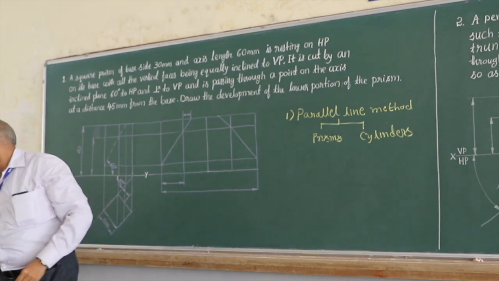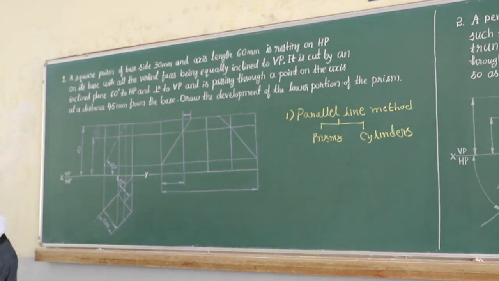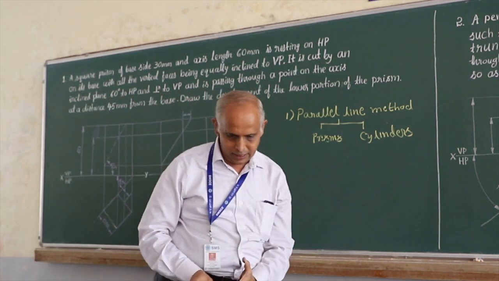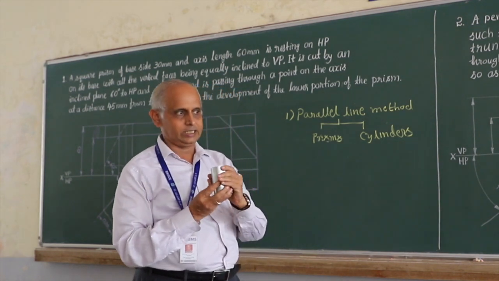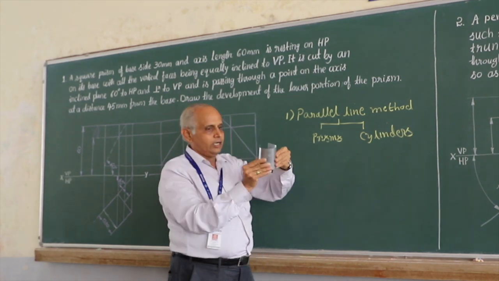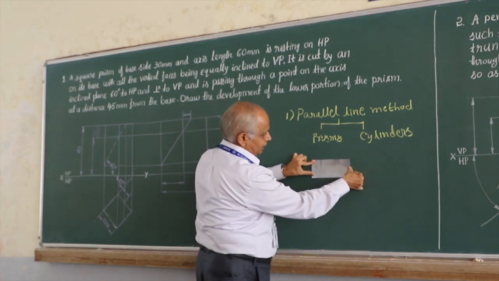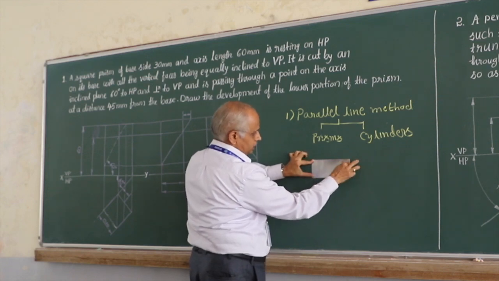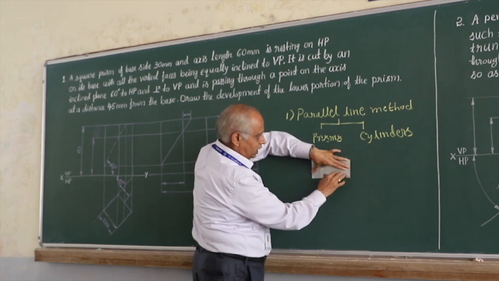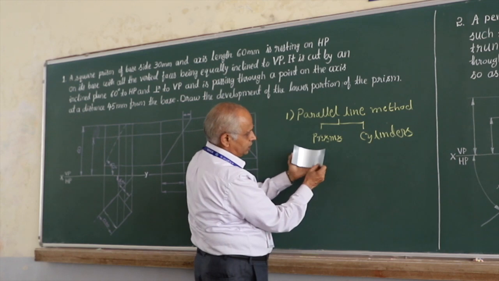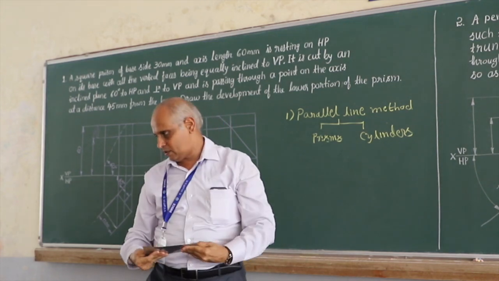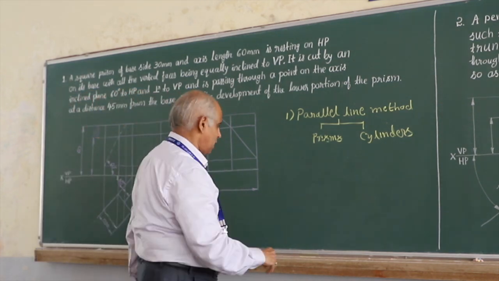And you also have developments of a cylinder, which could be in a form like this. Generally this is a GI sheet. So on development, if I take a cylinder in top view and then develop it, remember it will be a line like this, and therefore this length of the development is nothing but the perimeter of the top view, which is pi d, and this is the height of the cylinder. Remember there are no specific folding edges in the case of a cylinder. For convenience we try to divide this into a certain number of parts. So this is for the parallel line method.